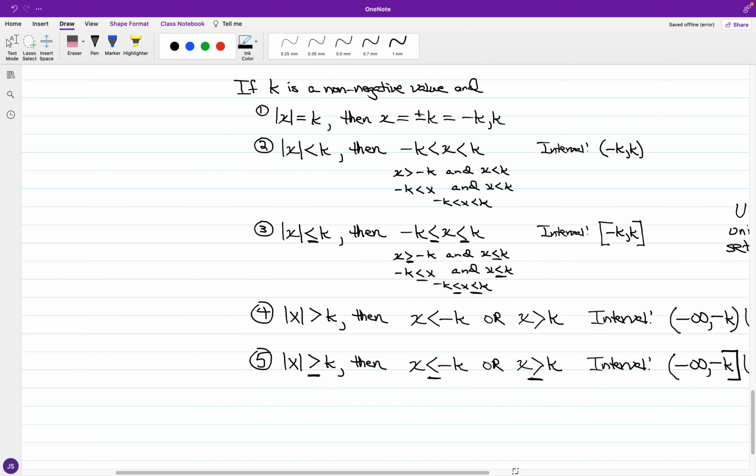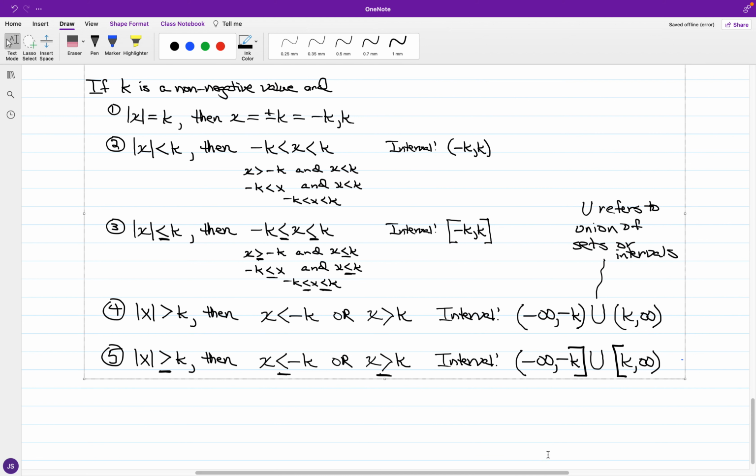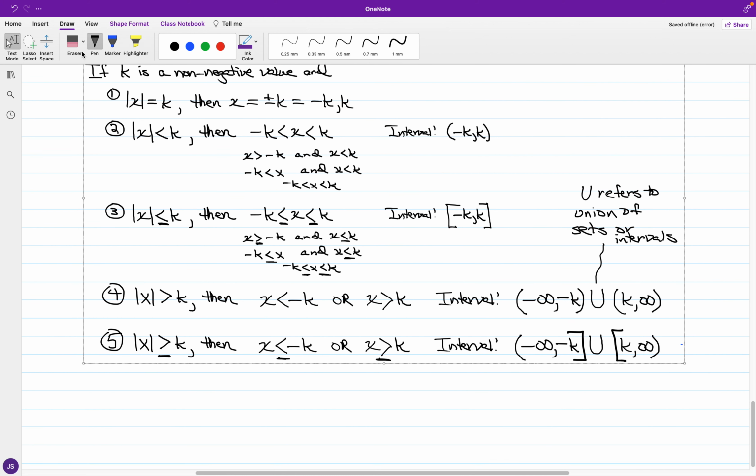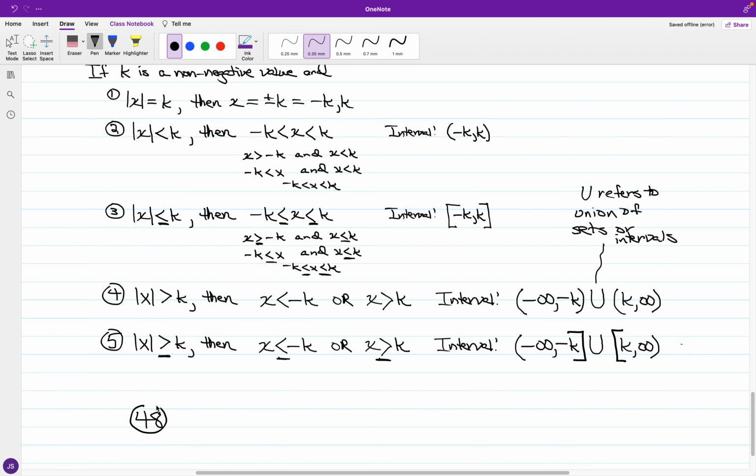So we have the application of the rules, where we have the absolute value inequality statements to come in, from section